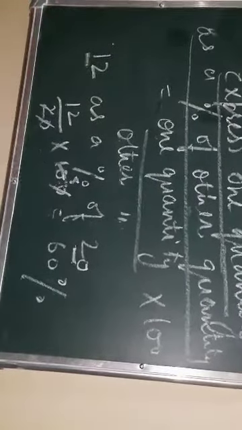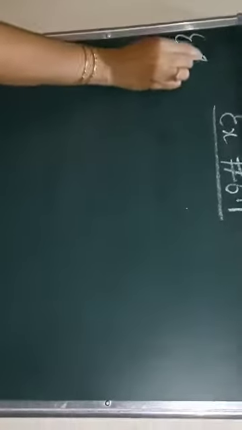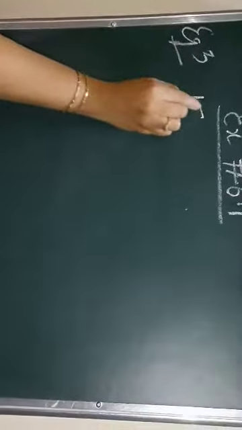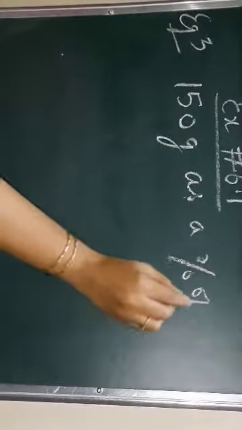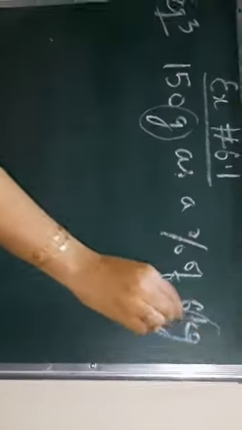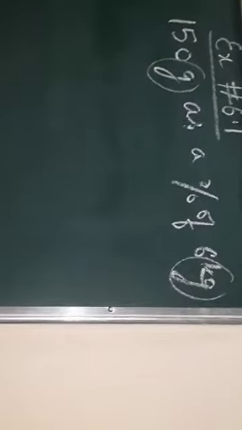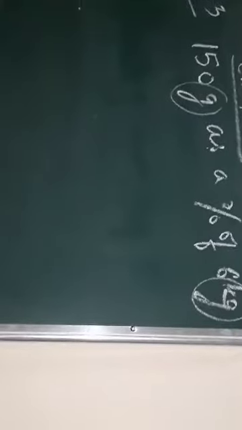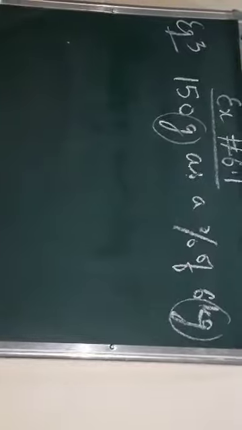So in the same manner, we have to do example number 3. The same formula will be applied. The question is, express 150 grams as a percentage of 6 kg. Now for such a question, just see very carefully, this is gram and this is kg. Whenever you are putting two things in numerator and denominator, their units should be the same. So here units are not the same. So first we will convert them and make them the same.